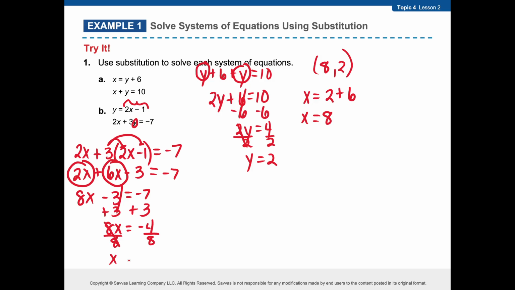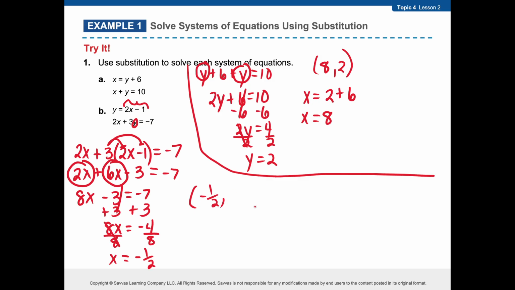Be careful, you are dividing by 8. You're dividing a bigger number going into a smaller number. That is a negative 1/2. Because this fraction does terminate, if you want to go ahead and use negative 0.5, you can. But I'm just going to keep it as a fraction, negative 1/2, and I'm now going to